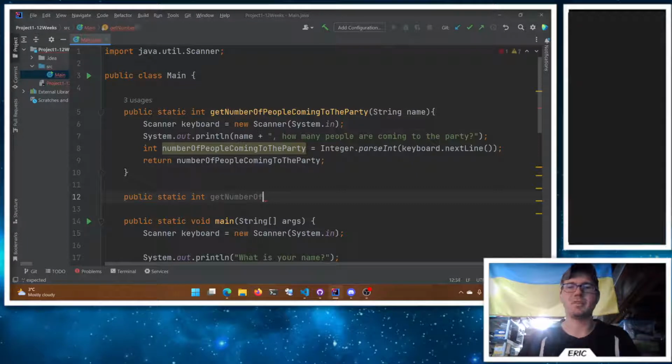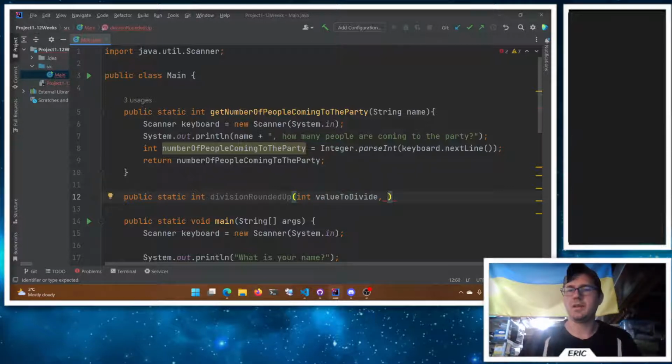I'm trying to think of what's a nice name for it here. Get number of times we can divide rounded up. That sounds ugly. How about just division rounded up? Division rounded up, right? Given the integer for value to divide,